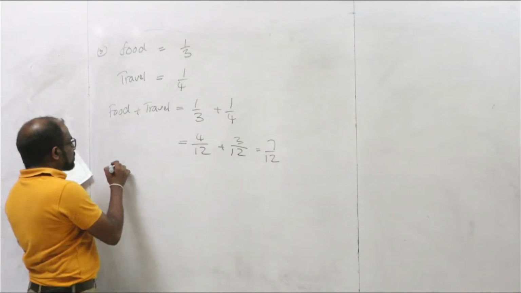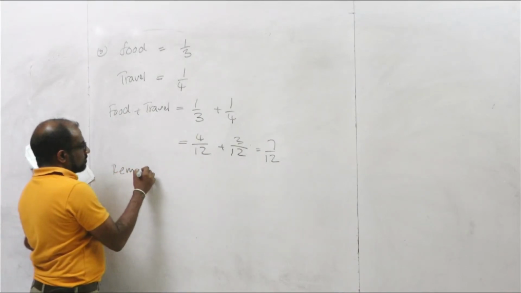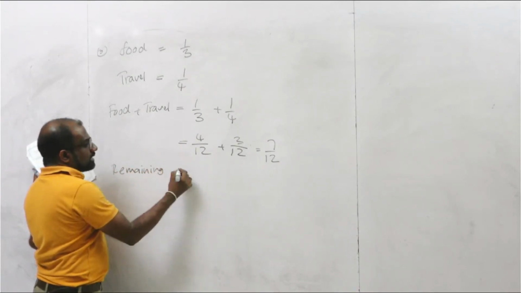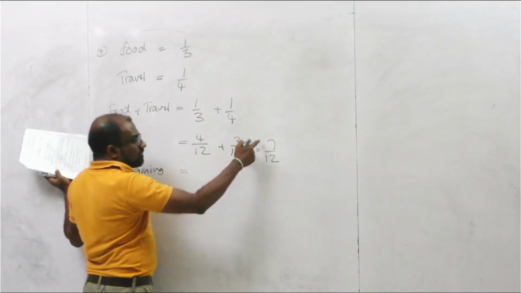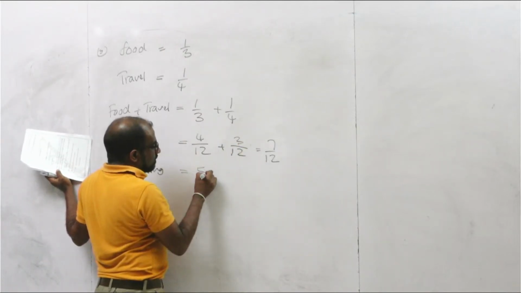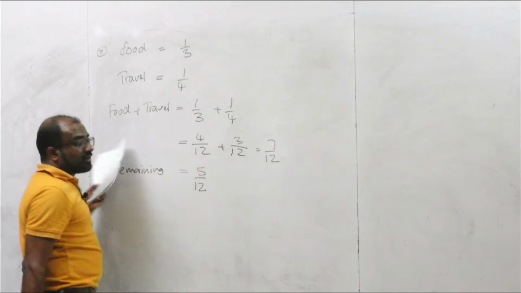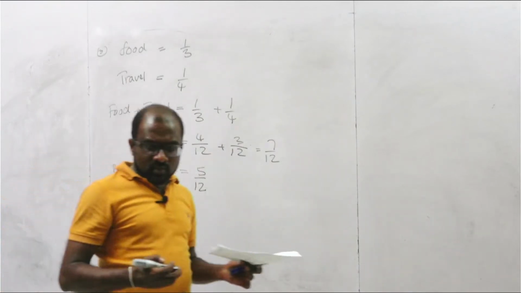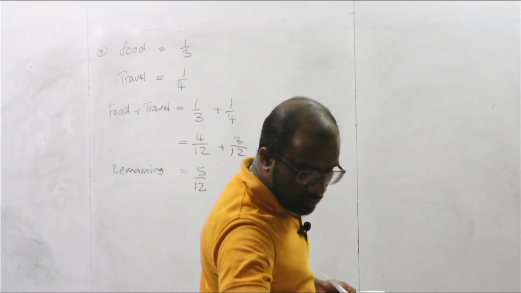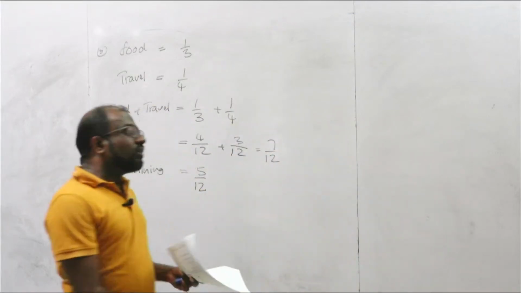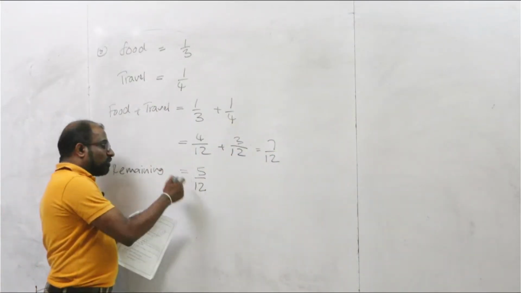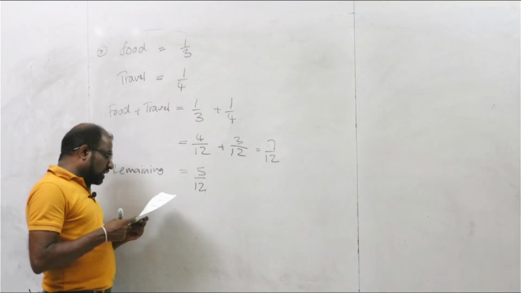And now you should write the remaining. Remaining, write the remaining amount. 7/12 spent, so 5/12 will remain. Out of 12, 7 spent, and 5 will be remaining. 5/12 remains. From this amount, make a note,